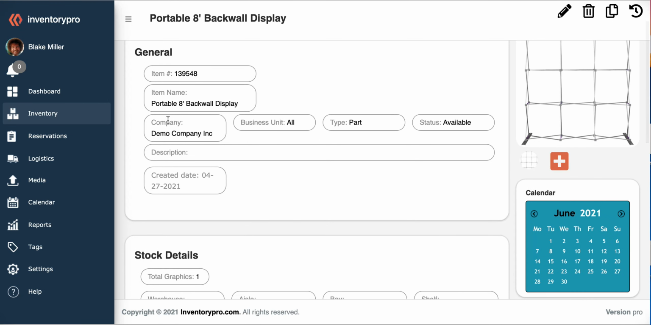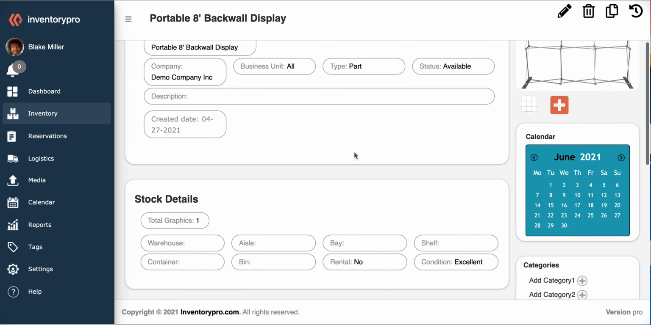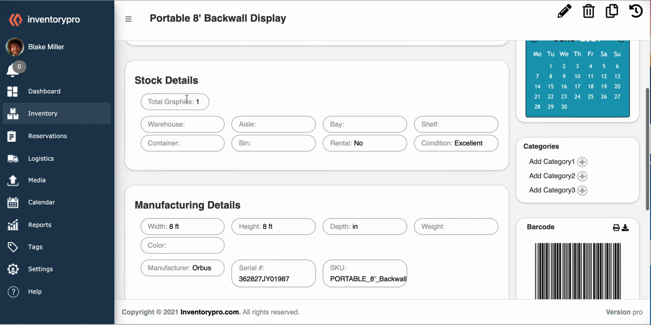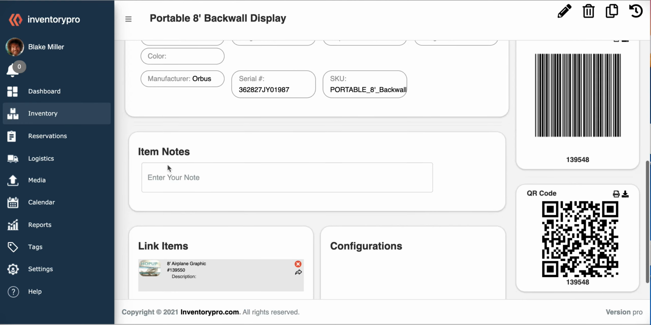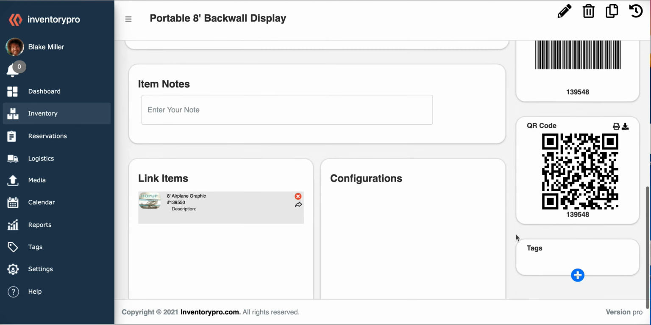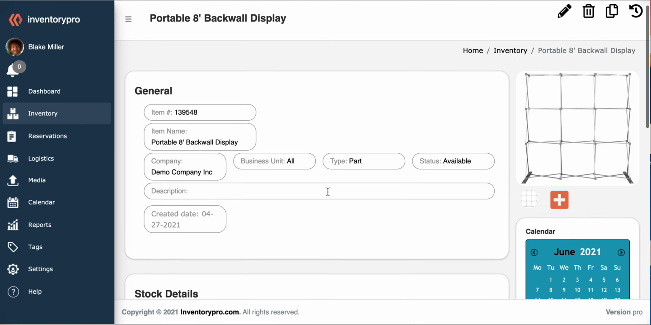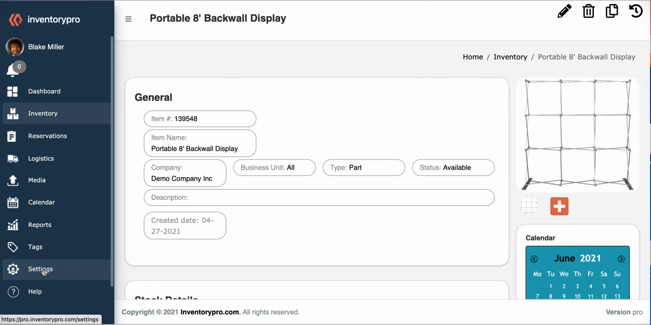See, we have description, company it belongs to, business unit, type. We have areas too, and those areas are going to be general, stock, manufacturing, item notes, configurations. So these are the fields available to us right now for inventory items. If we go down to the settings tab,